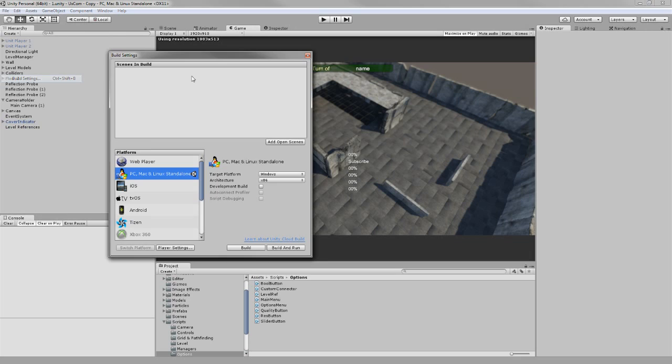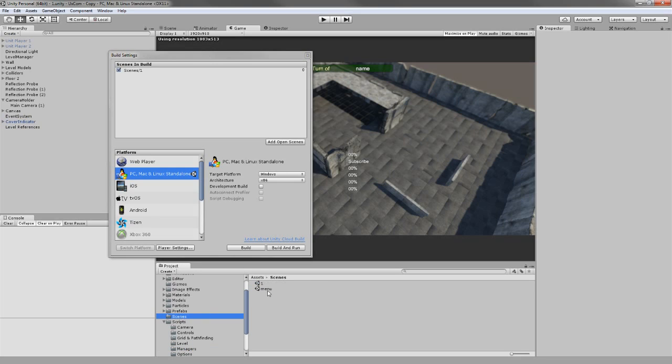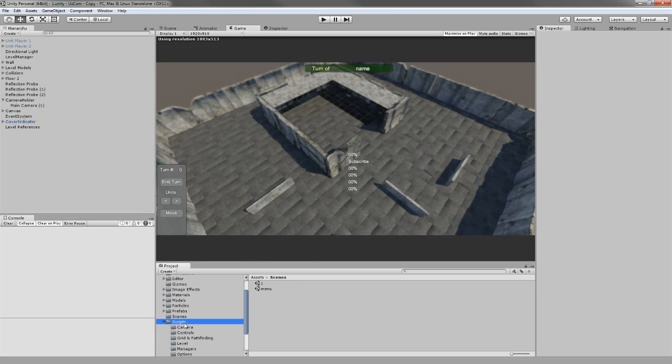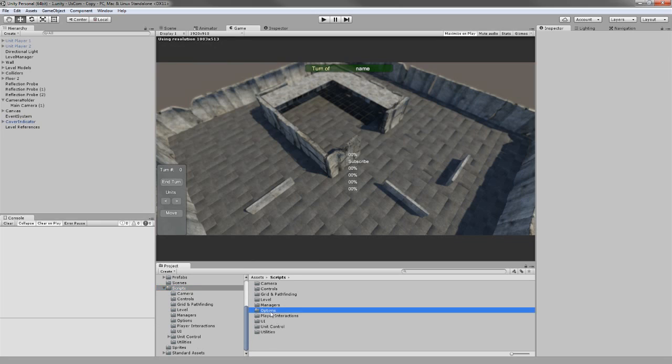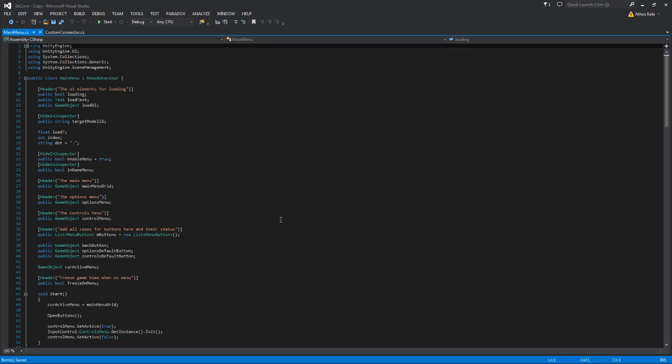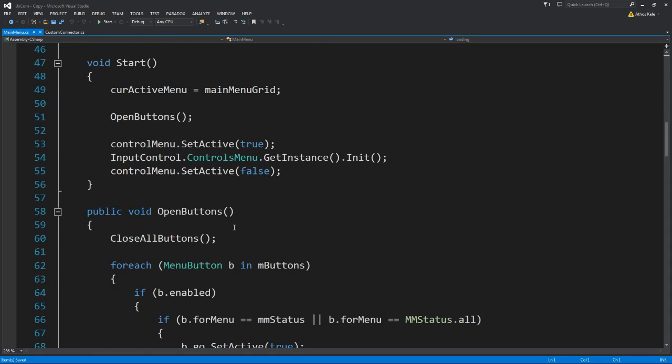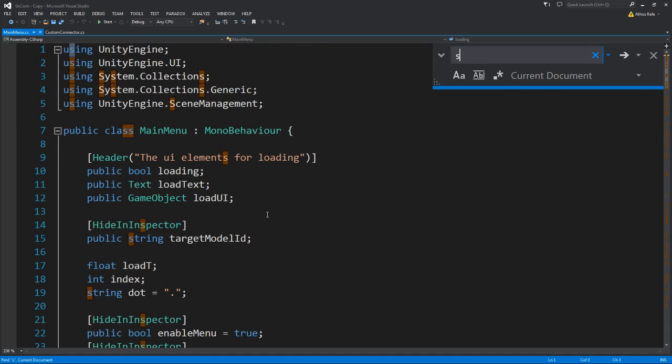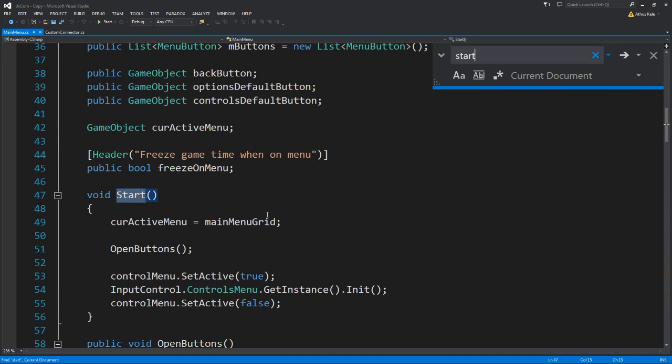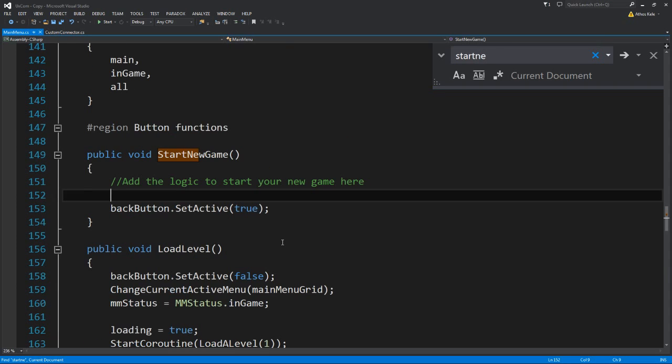And on build settings I'm going to add the open scene, and I'm going to add the menu scene, but I'm going to add the menu scene first. So in my scripts, into my options menu, I'll open the main menu, and on start new game I'll go to say load, let me see,